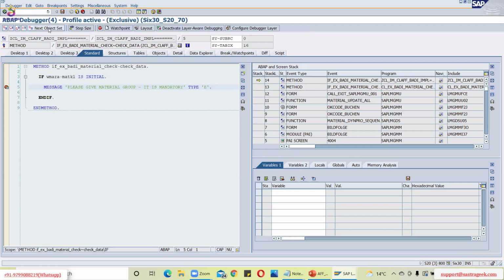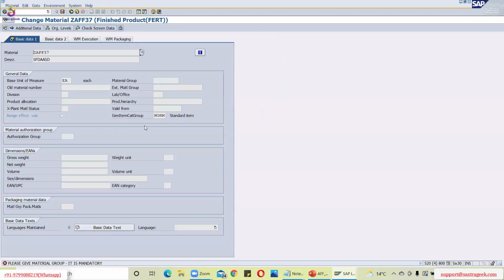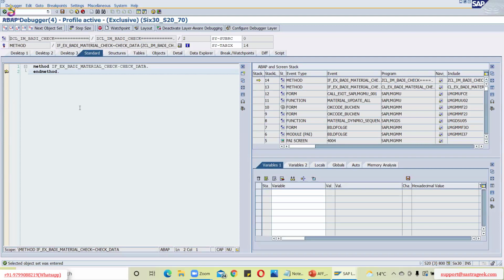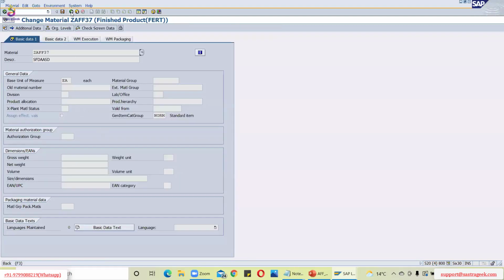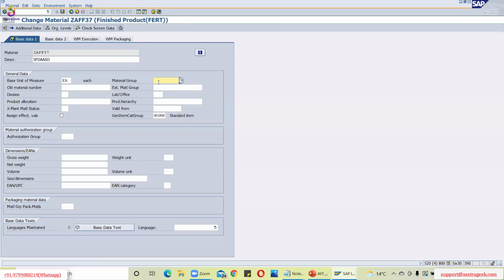Again, next object set. Remove this next object set, and there is nothing apart from that. However, the error is there, that error came, and that's why it is giving you the error and not going ahead. So first you'll have to correct this error, and if you want to see if some further enhancement is there, let me show you what I'm trying to tell. You give the material group or bypass that error if you want to see if further enhancement has been done. So go into /h, click on the save button,